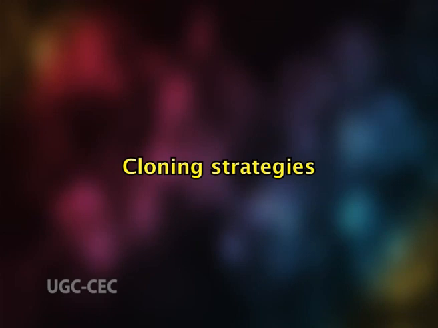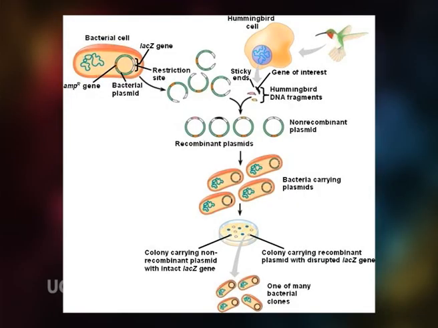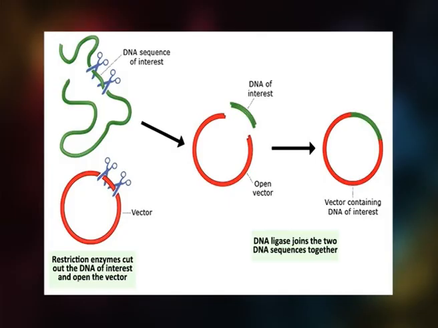Now we will shift our focus towards cloning strategies. Cloning is used to produce DNA either as a part of a functional gene or part of regulatory region such as promoter. An outline of basic steps involved in cloning is given below. It has multiple steps to achieve cloned gene in a vector for amplification.